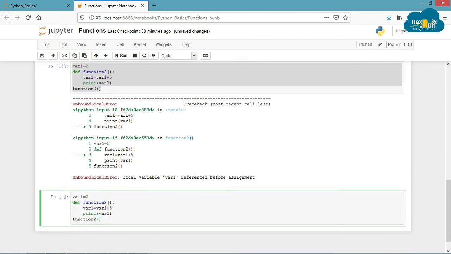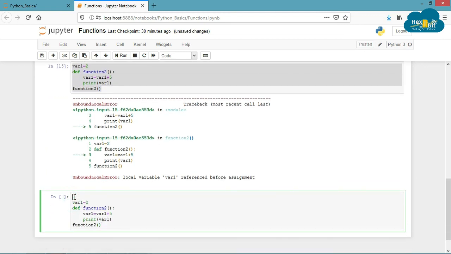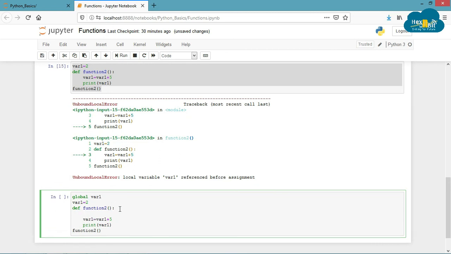In order to resolve this, we will add the statement global var1 before assigning value to var1. And in the function definition, we will again add the statement global var1 so that the function knows that the variable to be used is the global one which we defined outside.